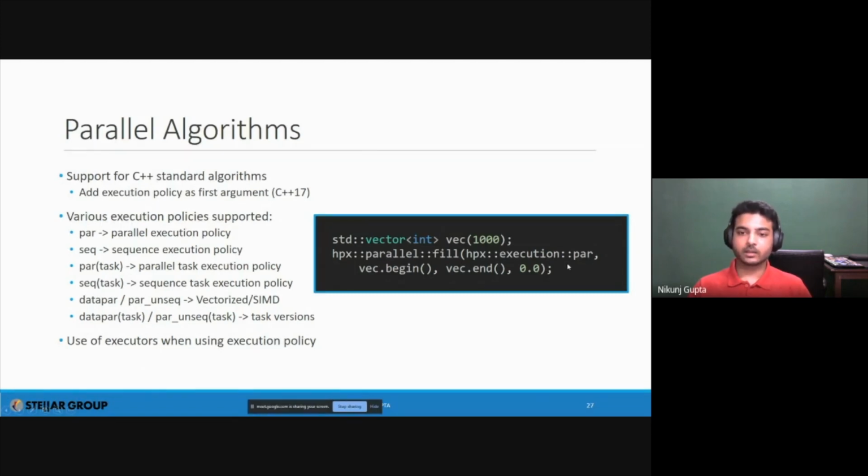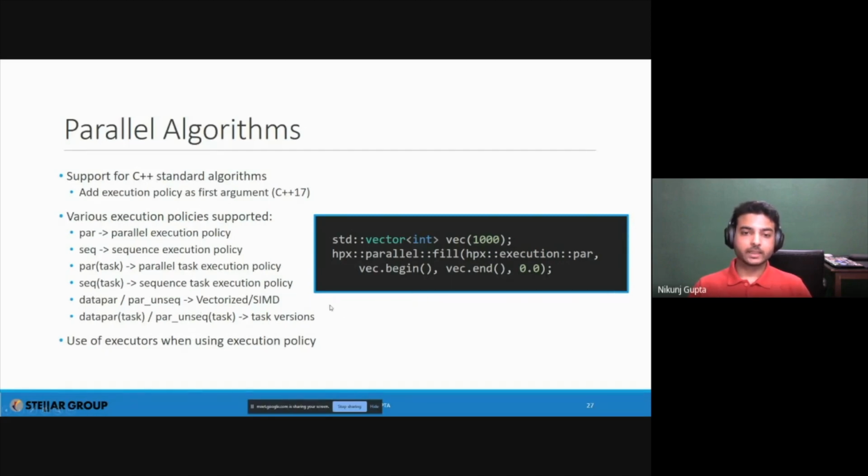It is parallelized, but it is very similar to the C++17 algorithm. But with par task, this will be executed as a task, so it won't be blocking anymore, and instructions after this operation will execute asynchronously.